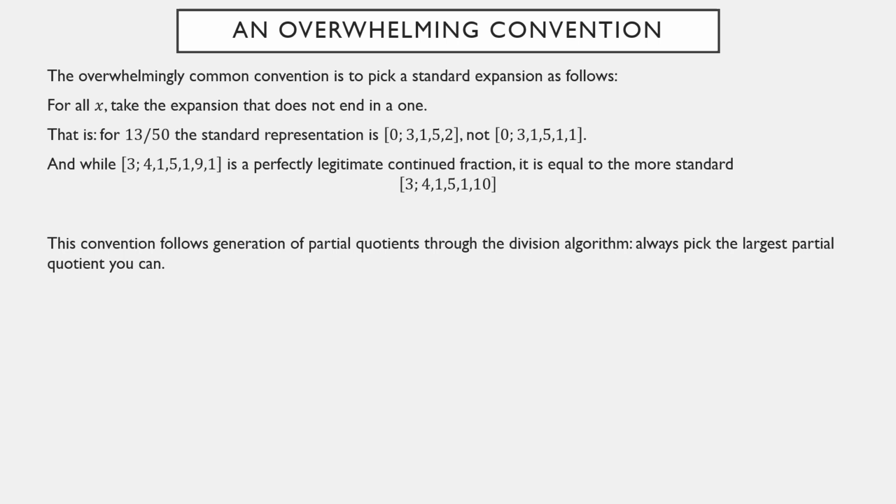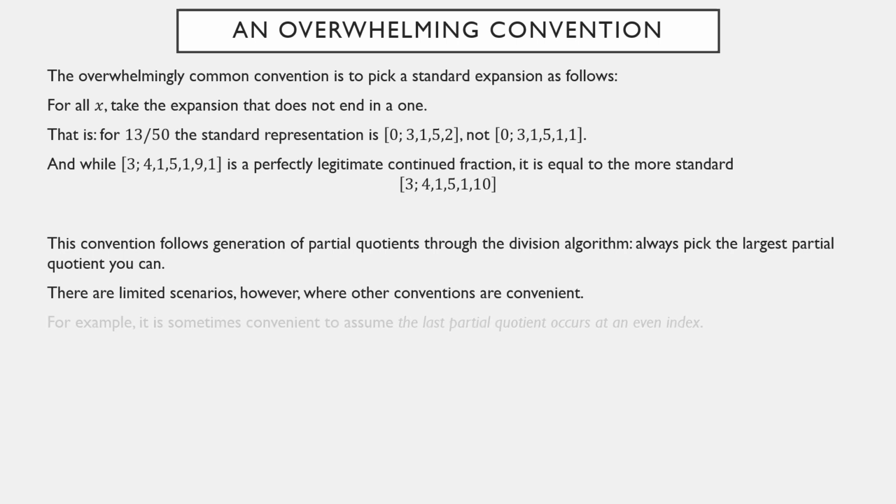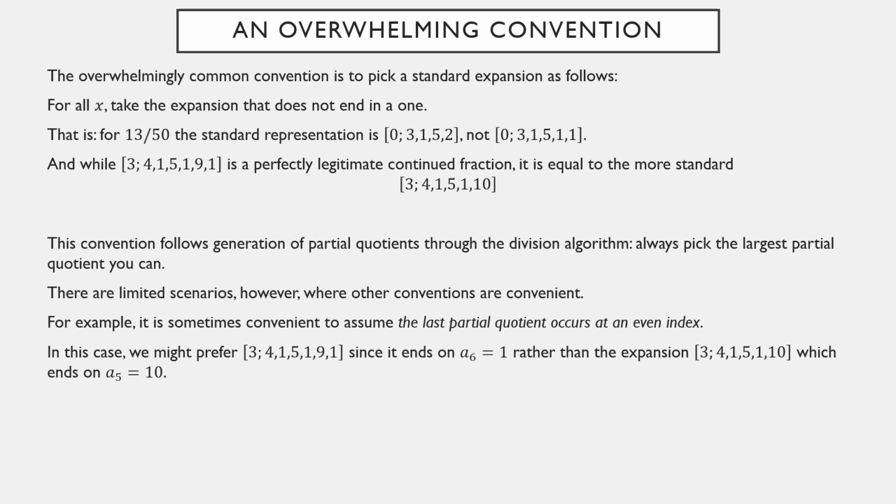Now, the convention for generation of partial quotients through the division algorithm also respects this. You always pick the largest partial quotient you can. In the division algorithm, you pick the biggest quotient you can. There are limited scenarios, however, where other conventions happen to be convenient. So sometimes, of the two possible expansions, observe that one of them has exactly one more term than the other. So whatever rational number you have, it has two continued fraction expansions. One of them ends at an even index and one of them ends at an odd index. Sometimes it's convenient to assume that it ends at an even index, or sometimes it's convenient to assume it ends